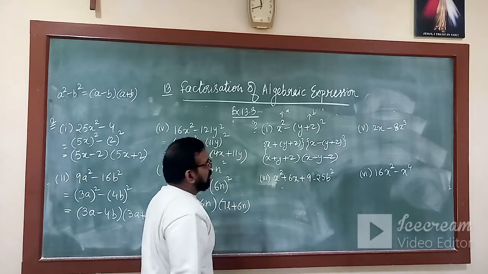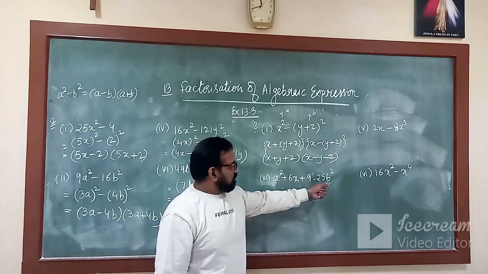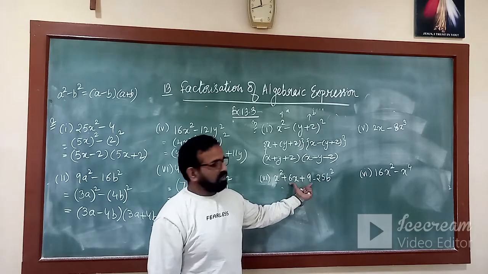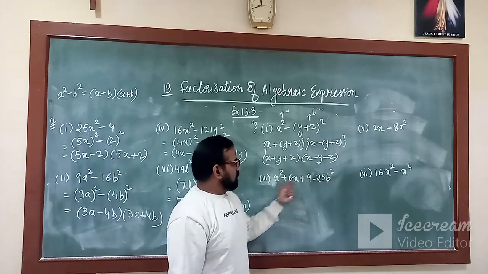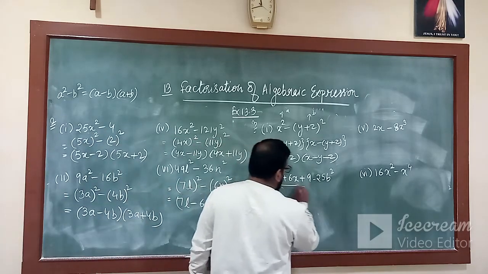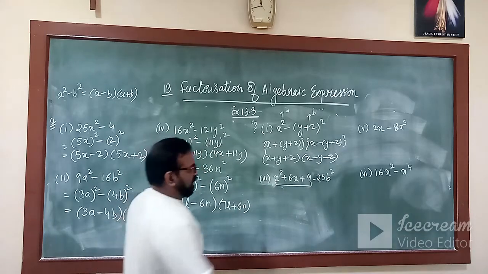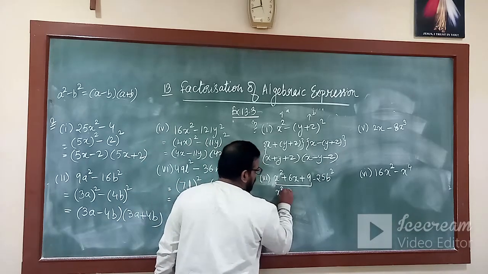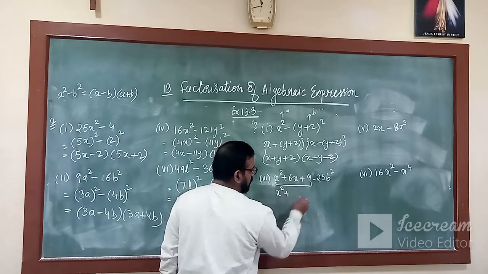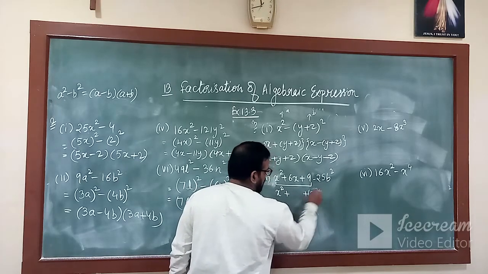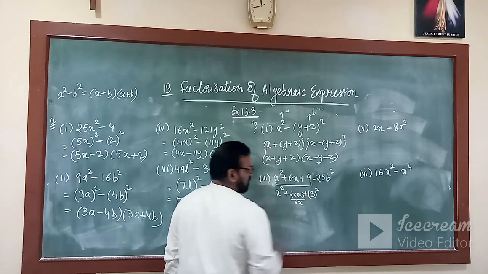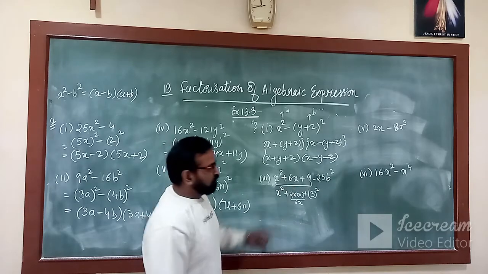Now in this, x square is there and a square is there, then b square, but this term is also there. So it is not letting us use that identity. So what can I do? If I look very carefully, and if I remember, I have used a square plus b whole square. So let's check if it becomes a plus b whole square. This is 3 square. Let's check the middle term, 2 into x into 3. See, it becomes 6x. Okay, so the middle term has been matched.